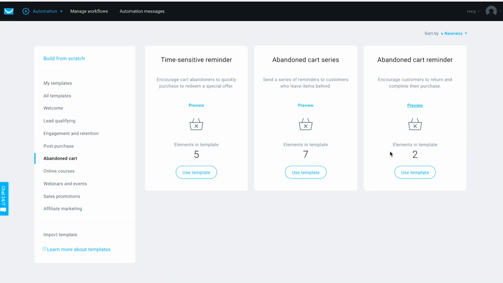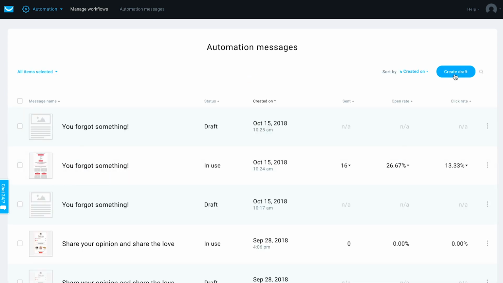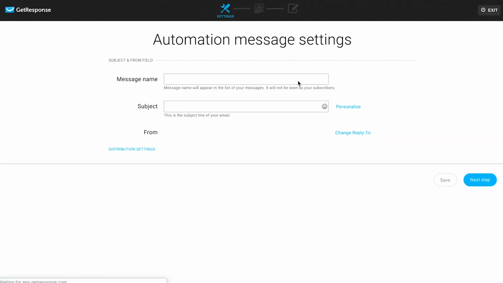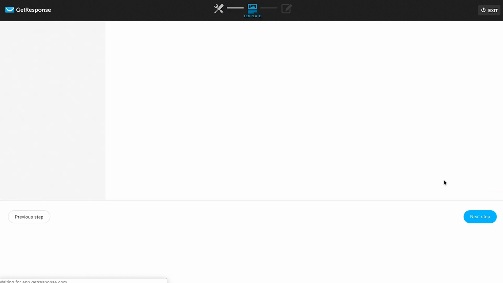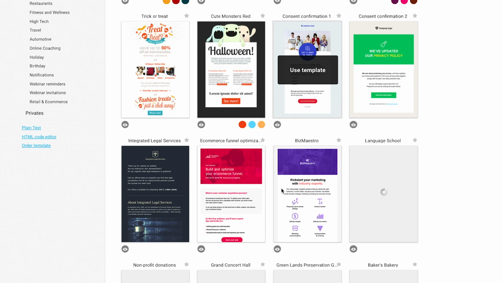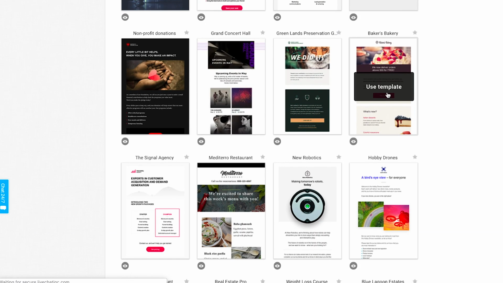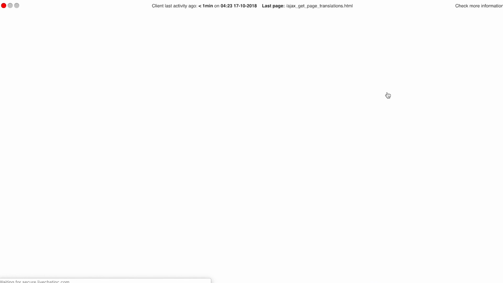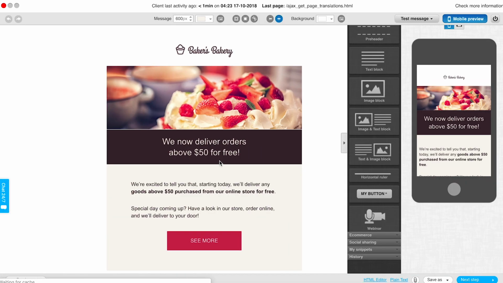And you'll be able to see that really quickly in automation messages. If you go to create a draft, so abandoned cart, you would just first want to set up this message and then go into that workflow and apply it. So let's just pretend really quickly. I'm just going to pick one for the sake of time. It's not the best example for the abandoned cart, but I just want to do it quickly because you'll see